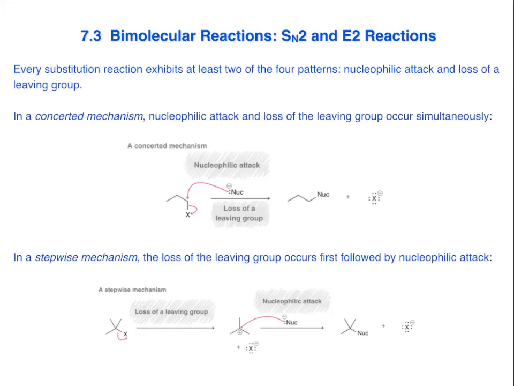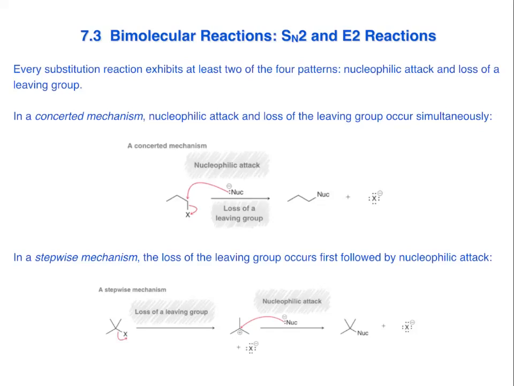In this video, we're going to cover section 7.3 on bimolecular reactions, specifically the SN2 and E2 reactions. We'll start by discussing the substitution reaction. And the substitution reaction involves two of the four arrow pushing patterns that we discussed in the previous lectures. Now, the two patterns that are most important in substitution are the core steps in every substitution reaction will